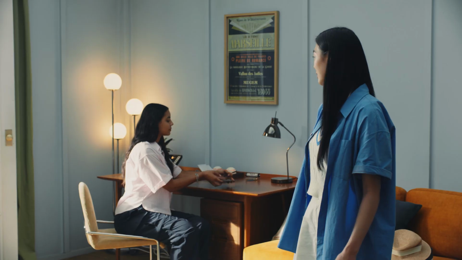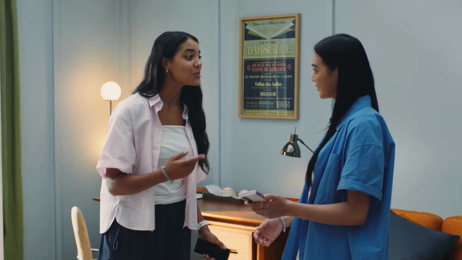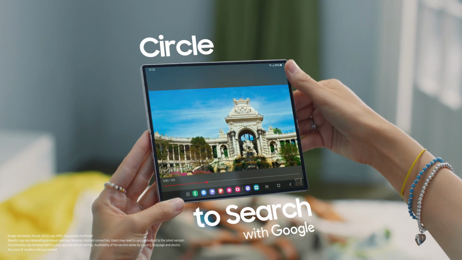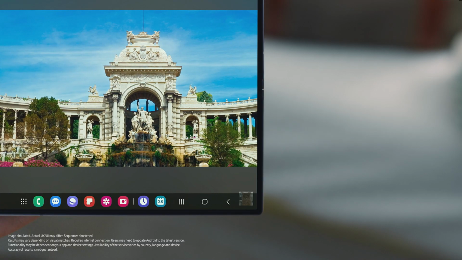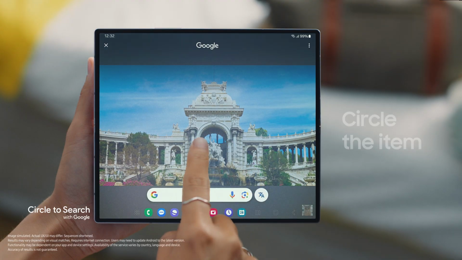Oh, there was a landmark I saw in a YouTube video that I'd love to visit, but no matter what I type, I still can't find it. I got you covered. Why not, instead of typing it, you circle it with Circle to Search. Open the clip of whatever you're looking for, then long press the home button, circle the item,